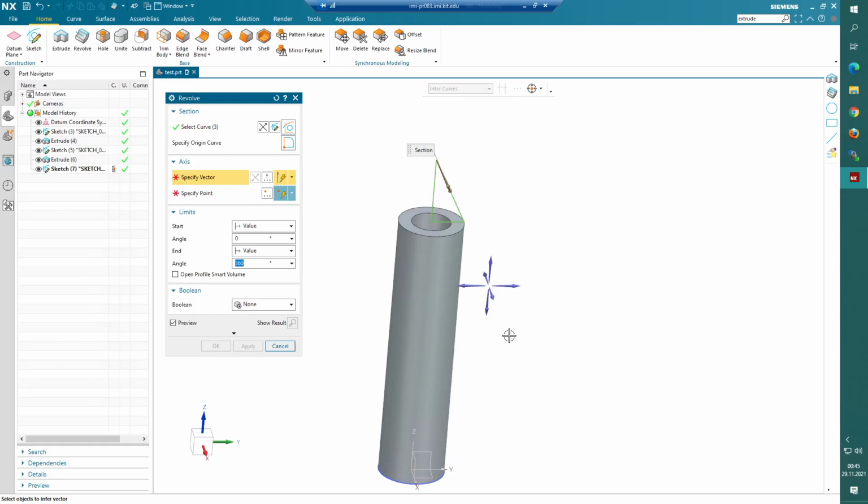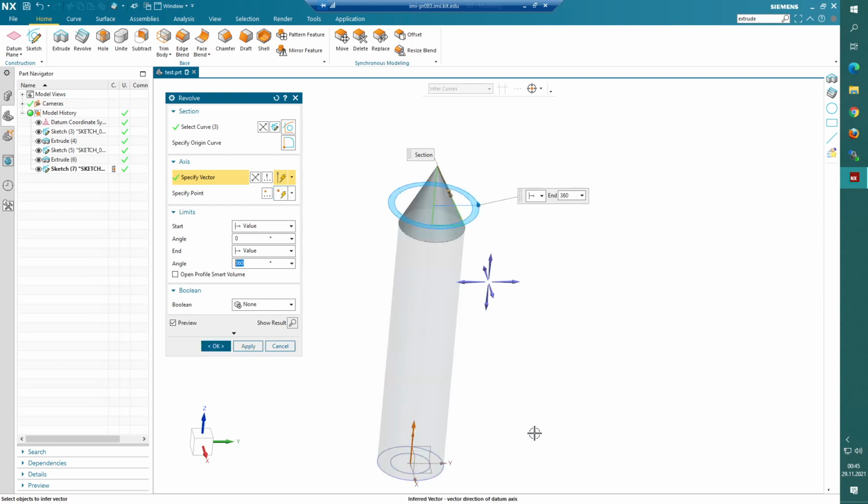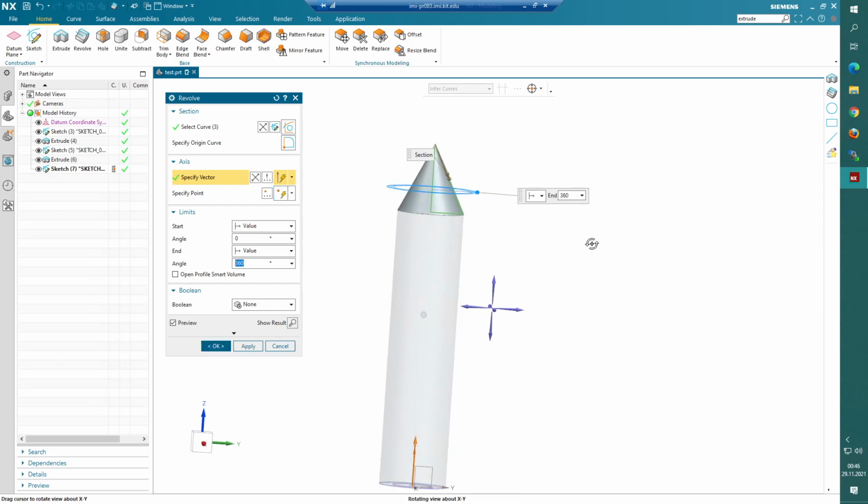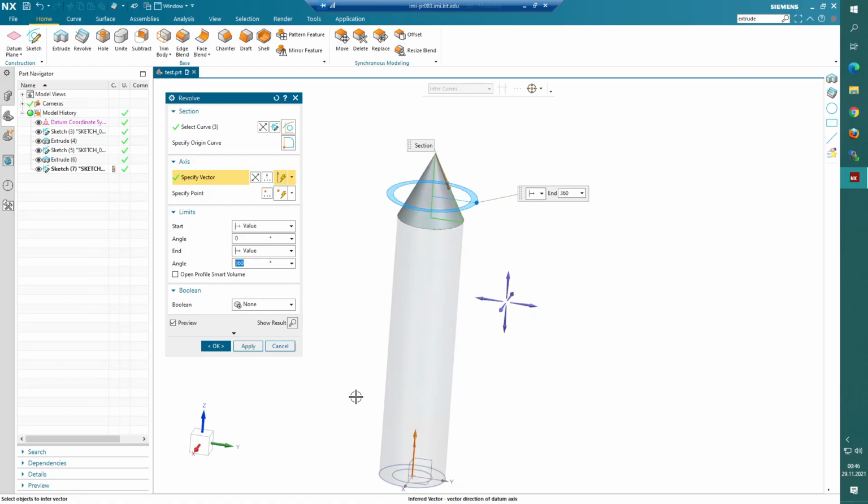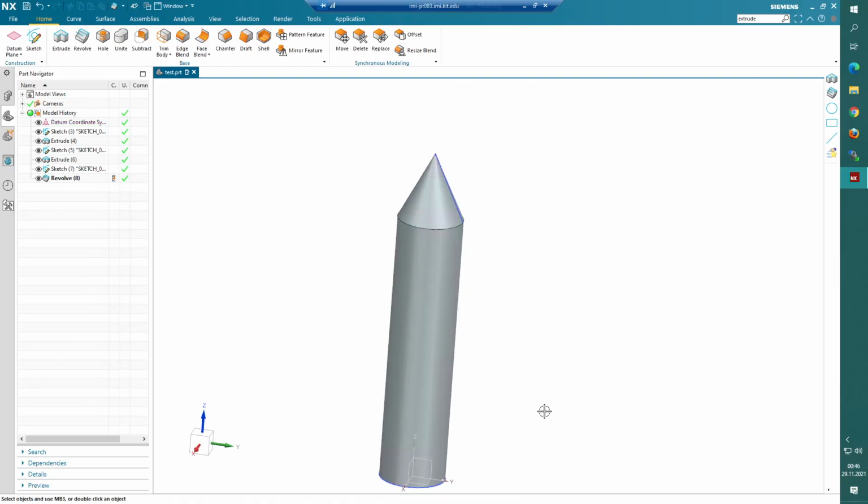So specify vector. We have multiple options. We could choose the Z axis, for example. We could also choose this line, because rotating it around this line is also fine. But I think I'll choose the Z axis because that's the easiest for now. You can see now this cone is up here, and by clicking on OK,